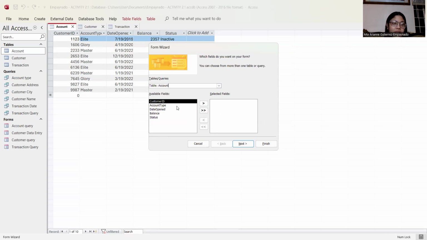For example, I'll select this account. I can move fields from here, put them all, or choose not to include the other ones.